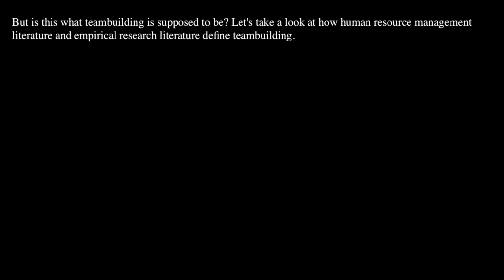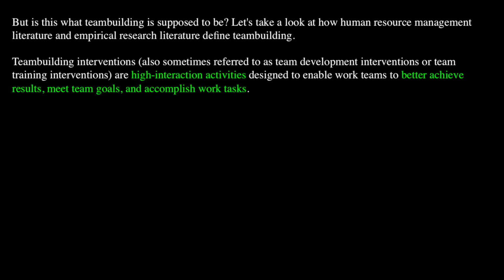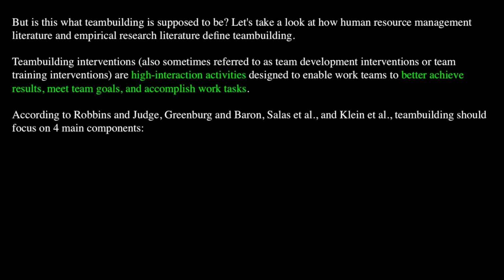But is this what team building is supposed to be? Let's take a look at how human resource management literature and empirical research literature define team building. Team building interventions, also sometimes referred to as team development interventions or team training interventions, are high-interaction activities designed to enable work teams to better achieve results, meet team goals, and accomplish work tasks. According to Robinson, Judge, Greenberg and Baron, Salas et al., and Klein et al., team building should focus on four